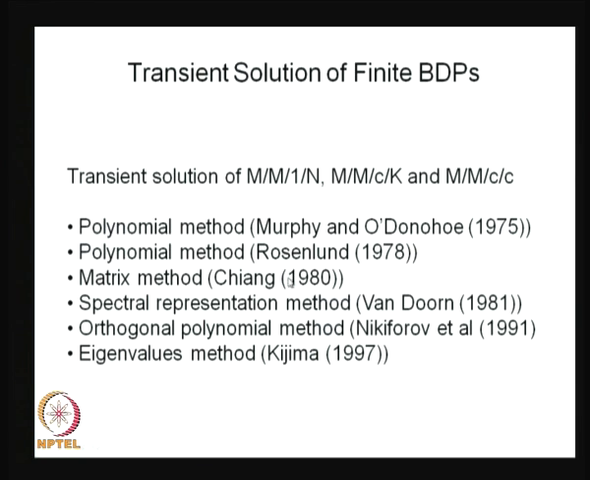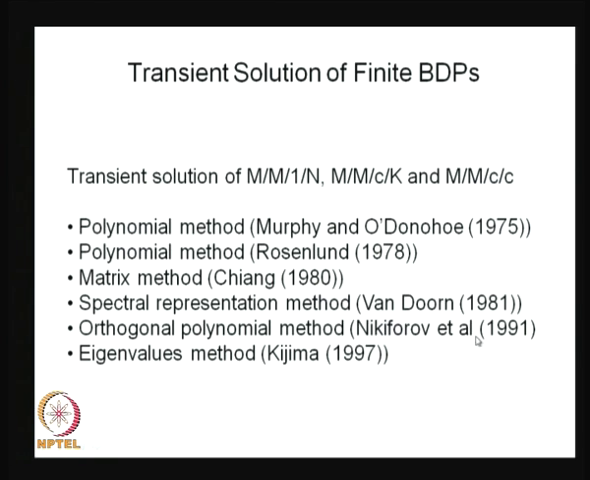There is a lot of literature on the transient solution of a finite birth-death process, started with Murphy and O'Donoghue. He used the polynomial method, and in 1978 Rosenlund also found the transient solution for the finite BDP, again using different polynomial methods. Chiang in 1980 used a matrix method to get this transient solution. Later Van Doorn gave the solution using a spectral representation method,